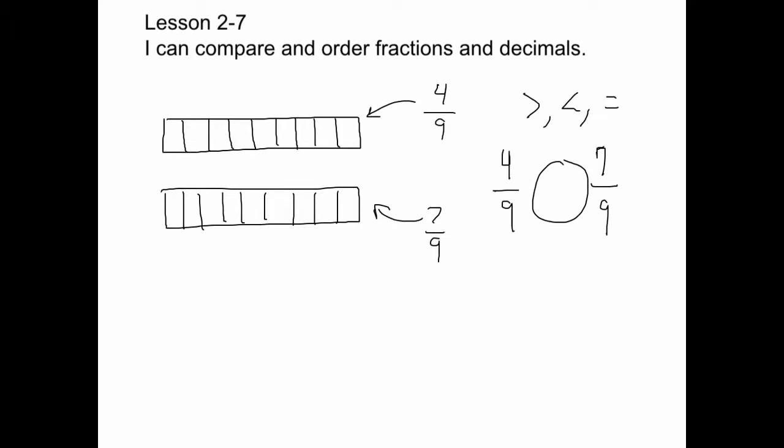the same denominator. For instance, we're going to compare 4/9 and 7/9. To compare 4/9 and 7/9, you'll notice that they're both ninths. They both have the same denominator. So if we look at what 4/9 looks like, if I had a tile broken into 9 sections, 4/9 would be 4 of them. And if I had the same tile, but this time I was looking at 7 of the 9 sections in the tile, or the strip,